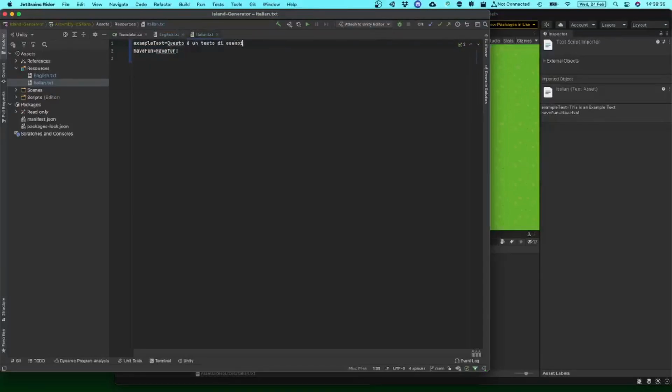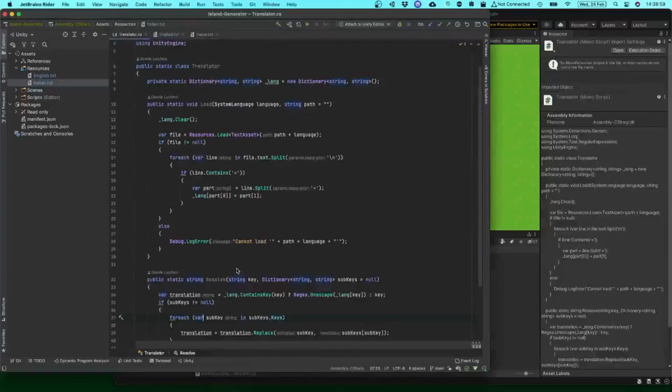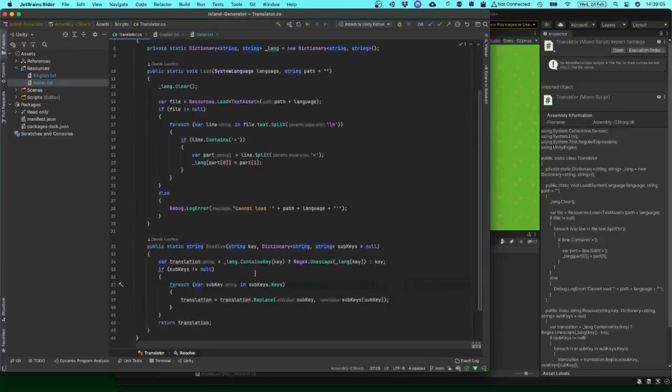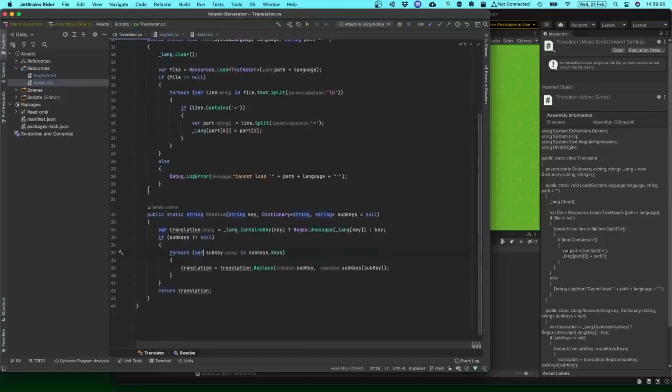Those are just plain text files, which I can share with anybody else, without the need of any further interaction with the Unity editor. Now we can take a look at the Translator.cs script file. It is a very simple static class, so you just have to put it somewhere in your script directory and it will become available from any other script. It's just 40 lines of code and it provides two public methods. You need to call Load just once, or anytime the player switches the language settings from your game. Then we'll use Resolve anytime we need to translate a key to the current language.